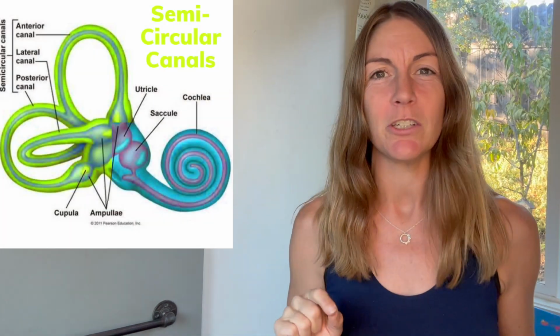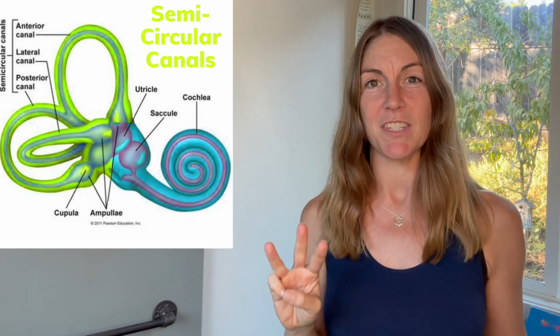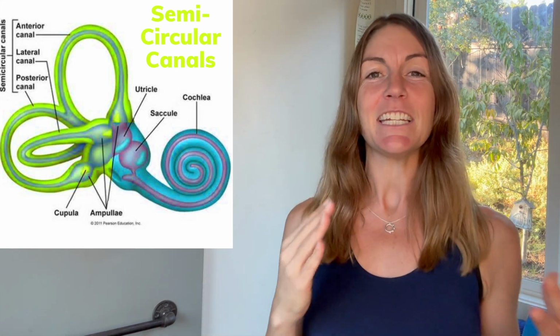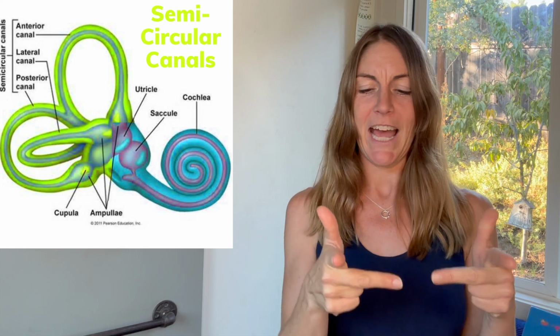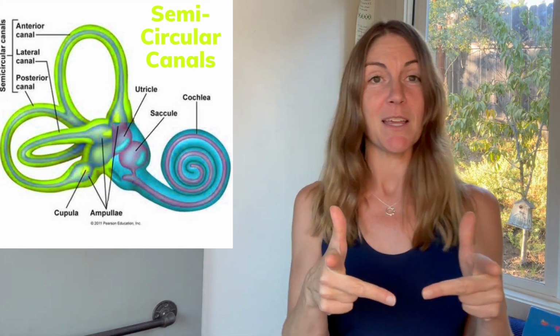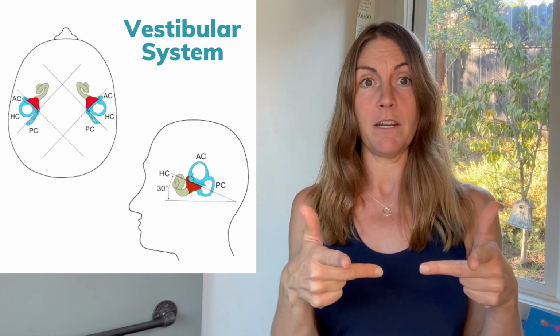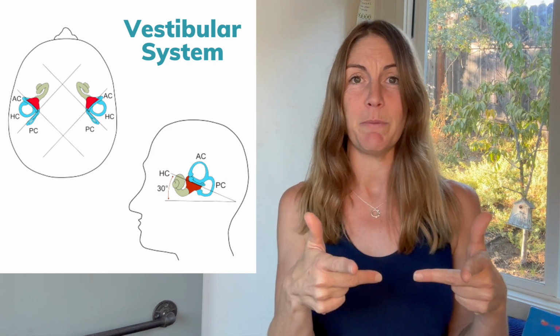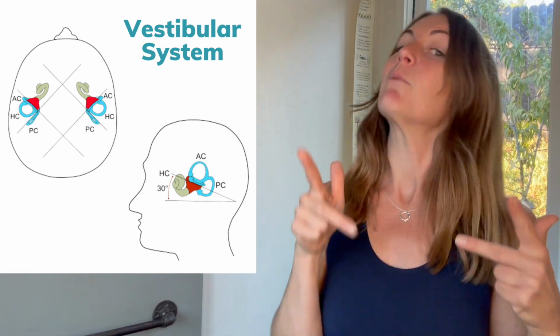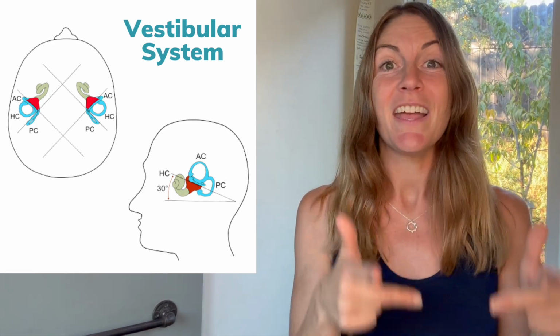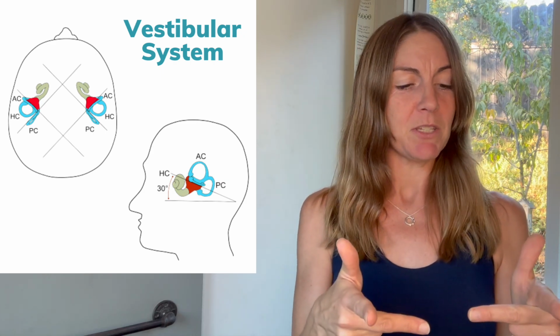We're going to start with these semicircular canals. There are 3 of them on each side, and they sit at 90-degree angles to each other. So if you take your fingers and you point straight ahead, there's 1. If you stick your fingers up, your thumbs up like they're guns, there's 2. And then if your middle fingers point at each other, you've got 3. So 3 different semicircular canals at 90-degree angles to each other. They actually sit not directly perpendicular to each other. They're on a rotated angle like this. And this is important because when we go to train these semicircular canals, I'm going to have us move on diagonals, and that's why, okay? So those are the semicircular canals.